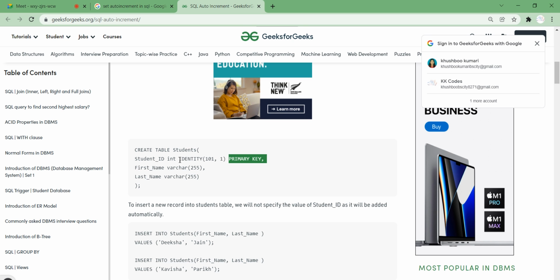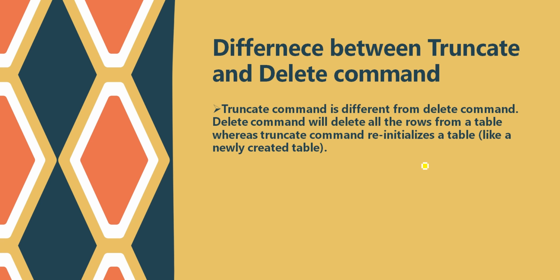And I want an identity that starts at 101 and always increments by 1. So while creating your table, you can write a query like this: create table, name of the table, let's say I want to create a student table.